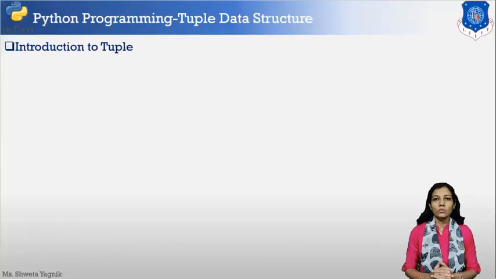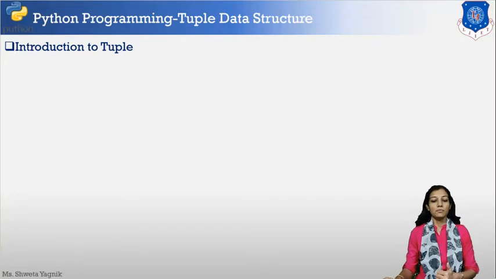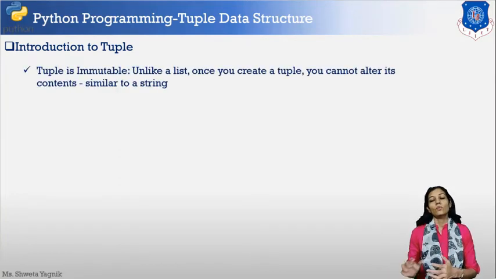So now we are going to see another property of a tuple, that tuple is immutable. Okay, unlike list, which is mutable. Once we have declared a list, we can alter or update its elements, but it is not the same case in tuple. Tuple is immutable. That means once we have declared a tuple with its elements, we cannot change its elements. Okay, similarly string is immutable.